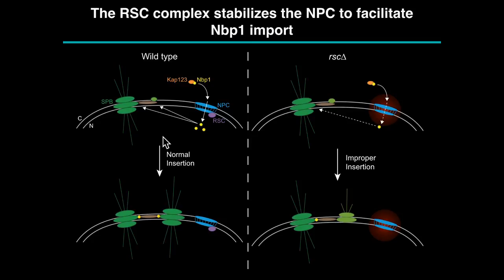and normal segregation. In the RISC deletion strain, we see that the nuclear pore complexes are stressed, and this decreases the NBP1 transport into the nucleus. And this results in failed insertion, and this affects spindle pole body maturation, as well as microtubule nucleation on the nuclear and cytoplasmic side. And we think that this is why we see so many different defects in the movies